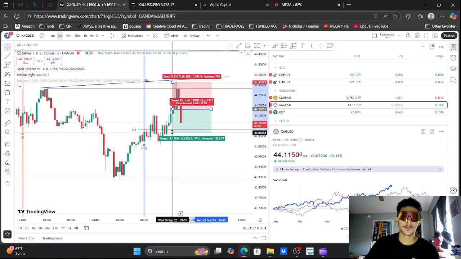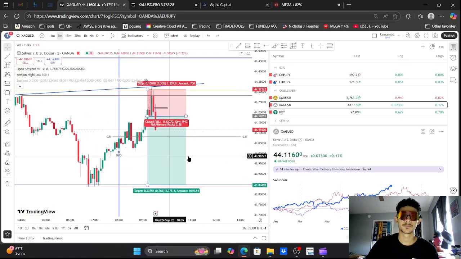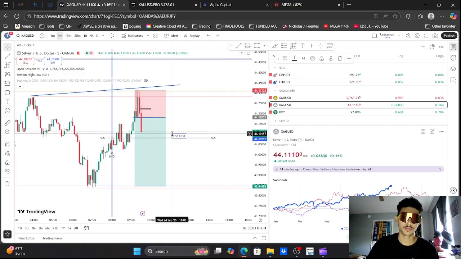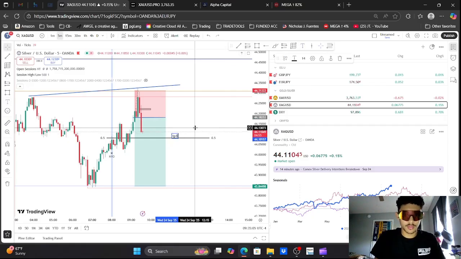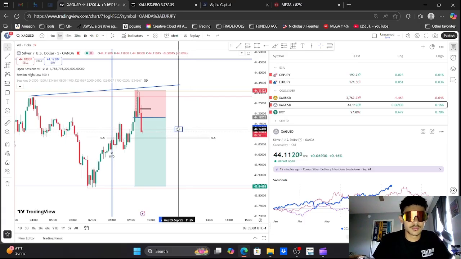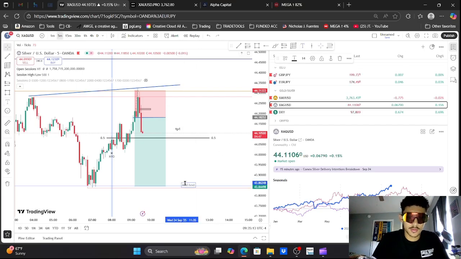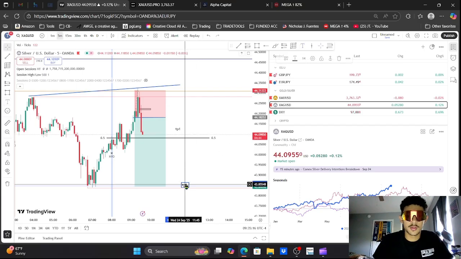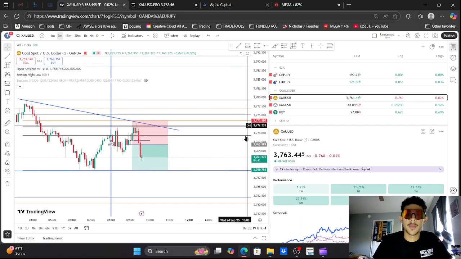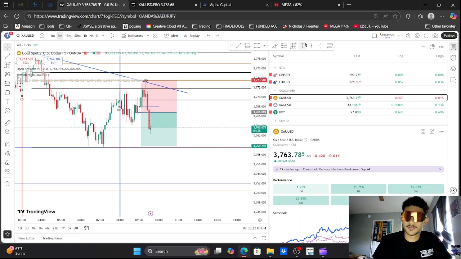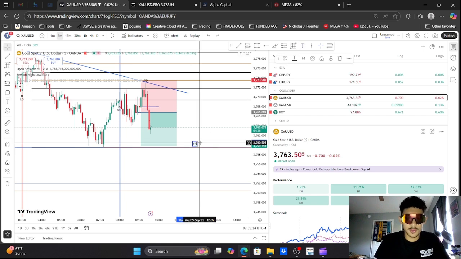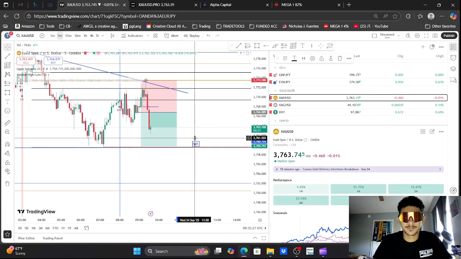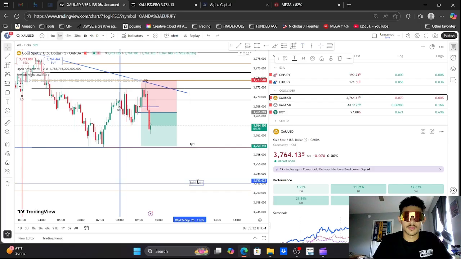technically speaking, our first TP would be, and then we're going to set TP2. Both of these are pretty much at the same area. TP1, TP2,